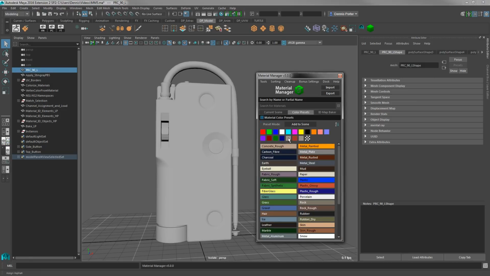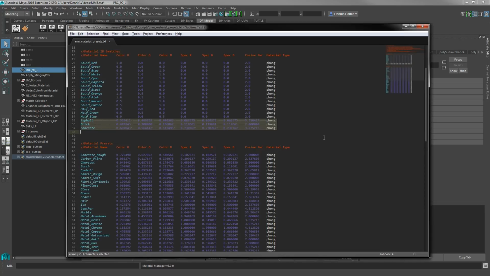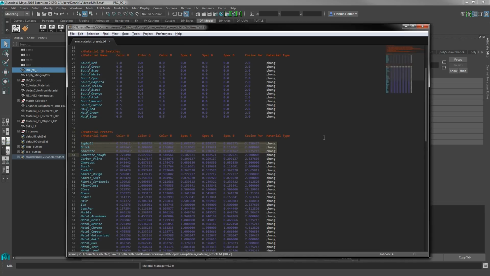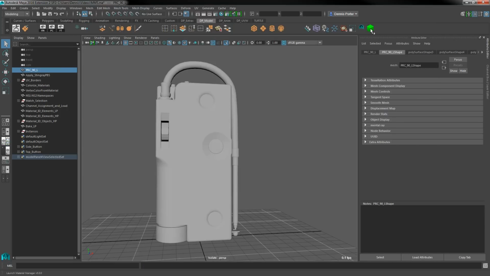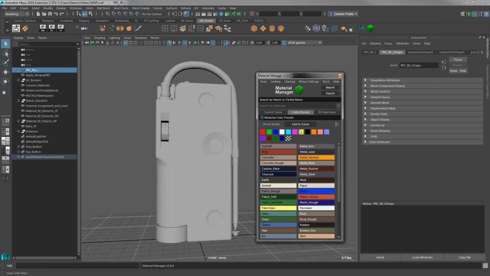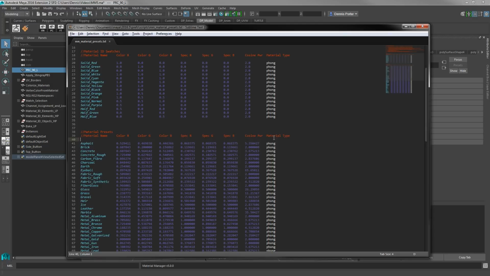And we can see now that we have those 3 materials in the swatches list. They've actually been removed from the presets list. So I'm just going to move that back, save, reload, and they're back where they belong. One thing to note about this system is that you have control over names and numeric color values and material